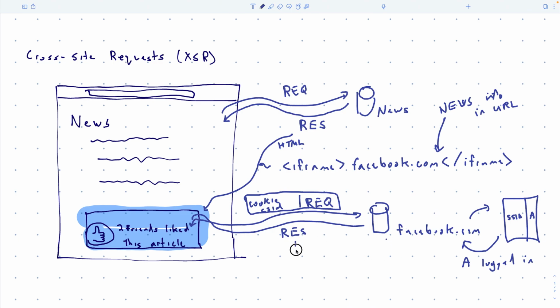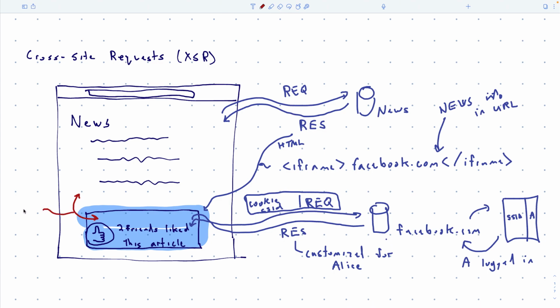So the response will be customized. Okay, and then what the browser does as well is it enforces a rule that we'll fully specify in a bit, but just to give you a heads up, it's called the same origin policy.